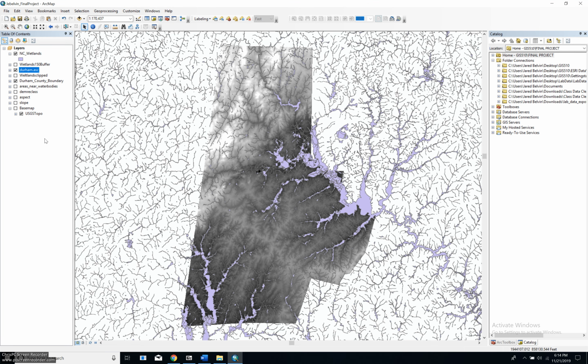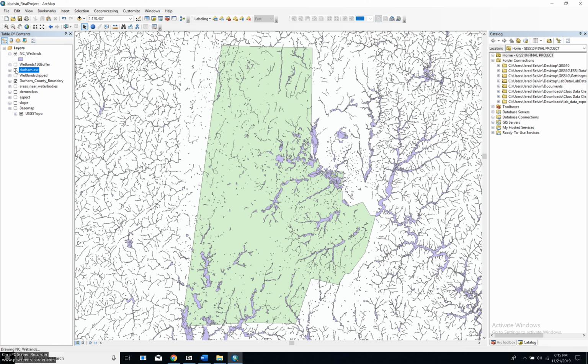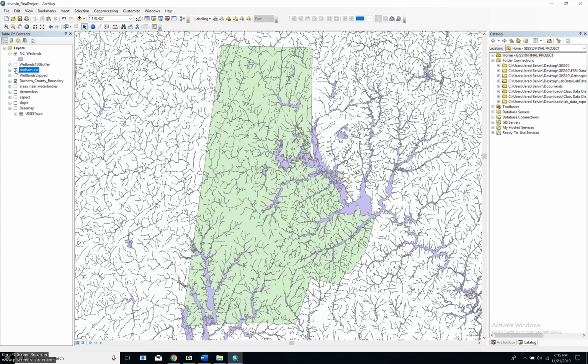So to answer this first question, we can take a look at this data that I grabbed. I grabbed the North Carolina wetlands data from the U.S. Fish and Wildlife Services data website. I grabbed the Durham, North Carolina DEM raster model from the North Carolina State University website. And I also grabbed the Durham County boundary, which you can see here in this green polygon, from the